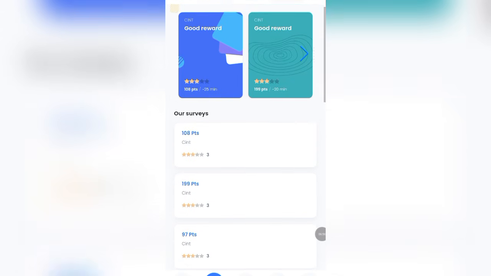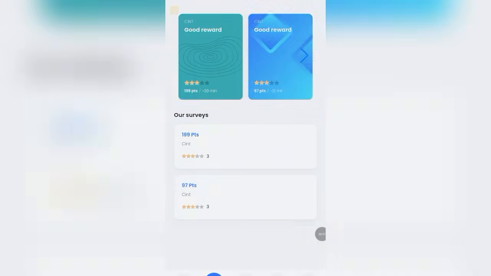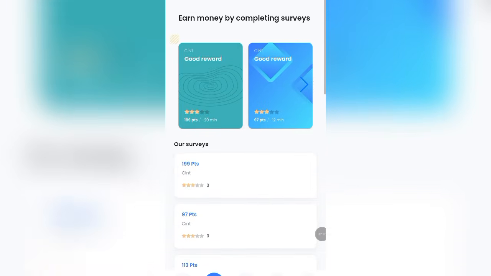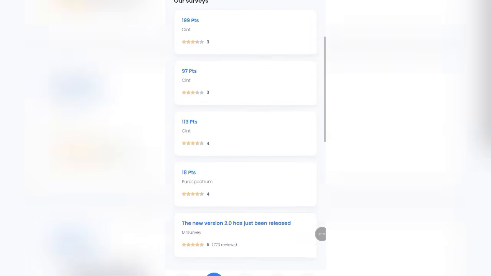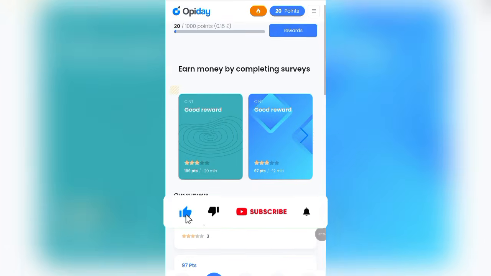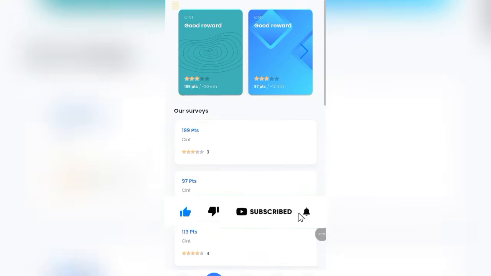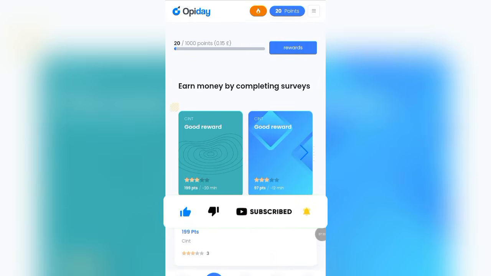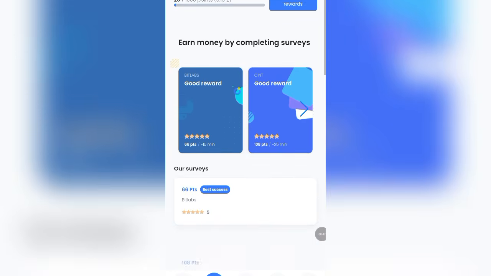So when you are done with that, you can go ahead to start picking other surveys right here. You can see that there are tons of surveys. All you just need to do is to pick any of the surveys you actually want to go for. Just like I said, when you have about 1,000 points on your account, you can reach the minimum withdrawal. So right here on your account, you can see BitLabs and the Synth. You can go ahead to click on these BitLabs right here to take these surveys.